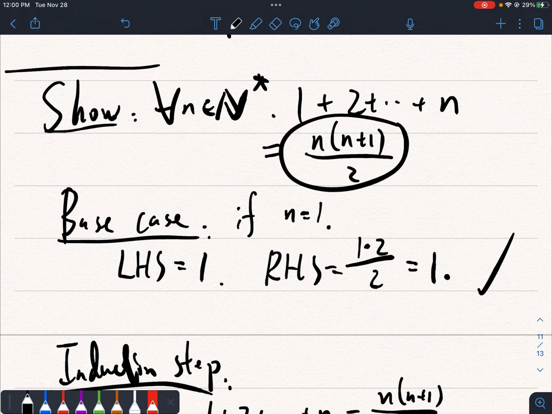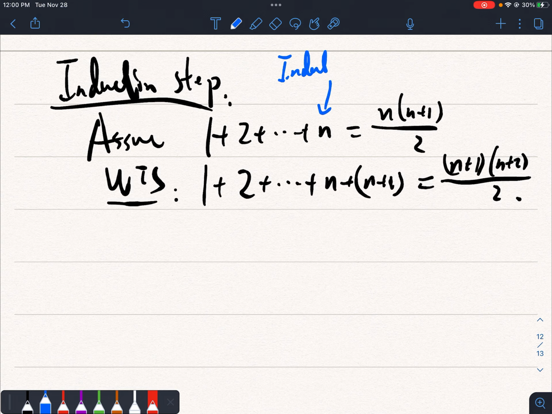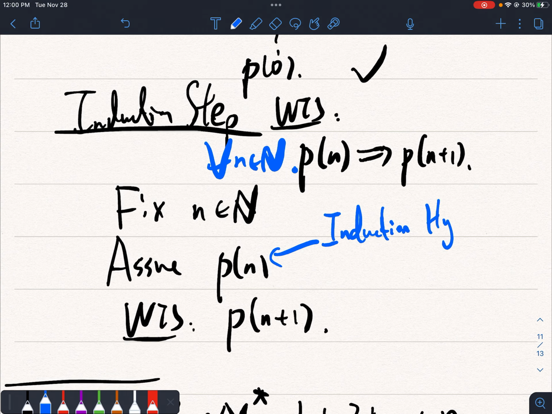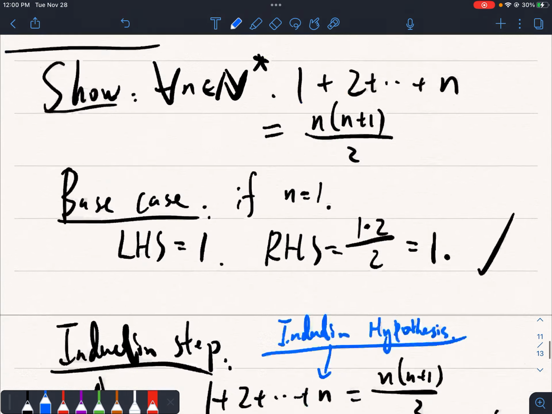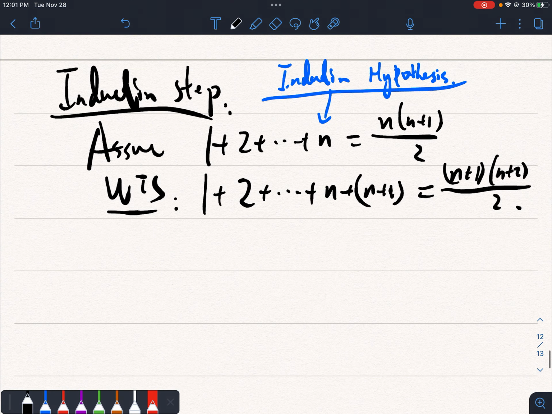And by induction we can, so this is called the induction hypothesis. We can assume the induction hypothesis is true and we have to use it. If we don't use the induction hypothesis, it's not proved by induction. So this is something that we can use, some assumption, some hypothesis. Okay, and by the induction hypothesis here, we know that we can evaluate all the previous terms by n times (n plus 1) over 2. So if we add them up,